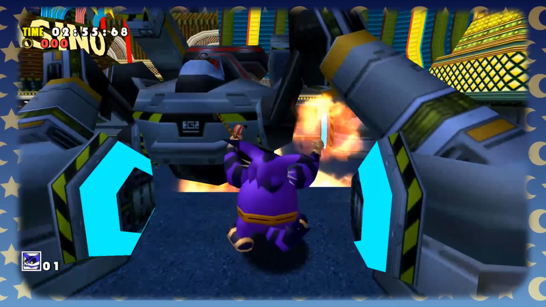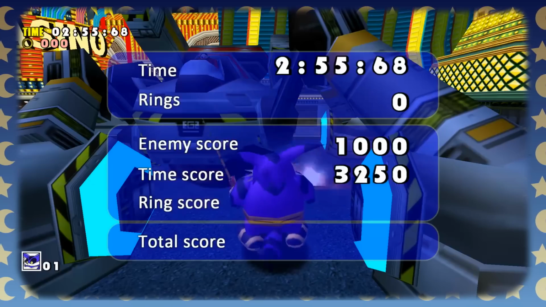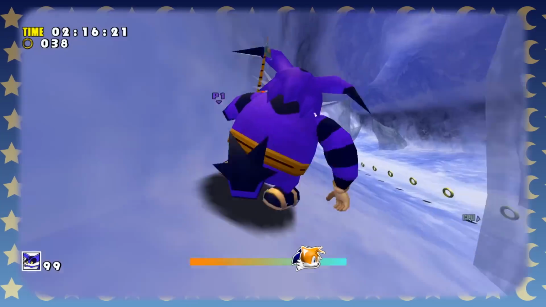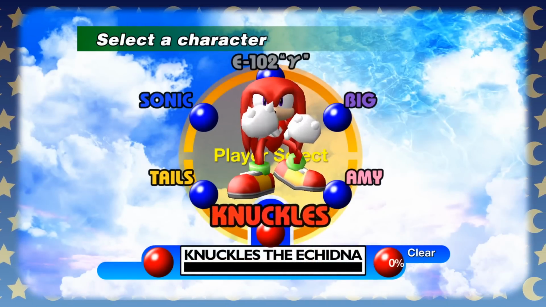So yeah, overall, Tails wasn't anywhere near as annoying as Sonic was. Anything that I knew Big wouldn't be able to do, I switched to Tails immediately because I figured there's no possible way he can do this. The stages were overall shorter, the story is overall shorter, but that leads us into Knuckles' story,